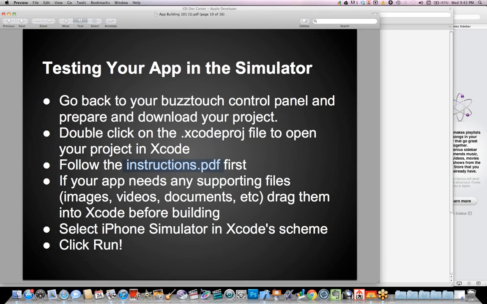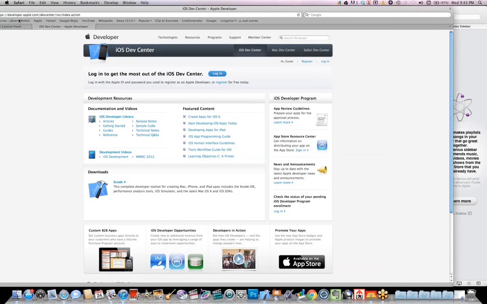That will save you a lot of heartache and a lot of questions in the forum. And then we're going to copy in some supporting files, whatever those may be, images, videos, PDFs, and then we're going to get ready to run it. So let's go through all those steps. We're going to go back to Buzztouch first,